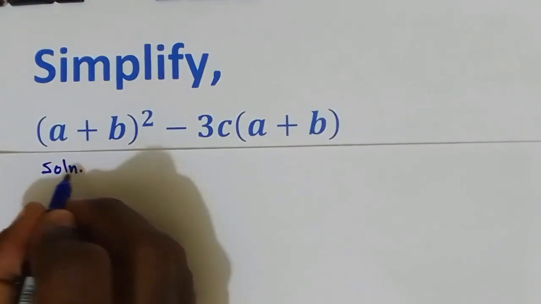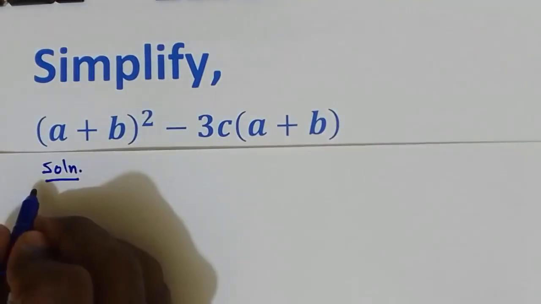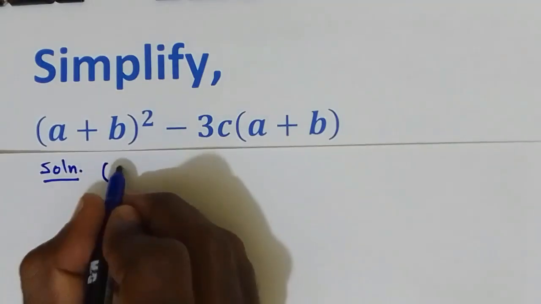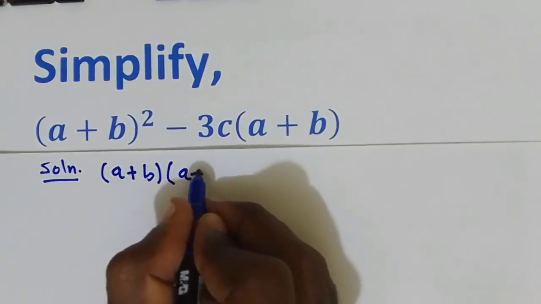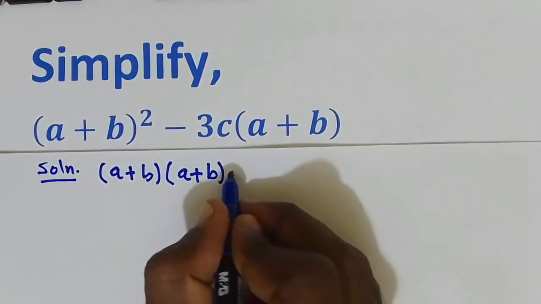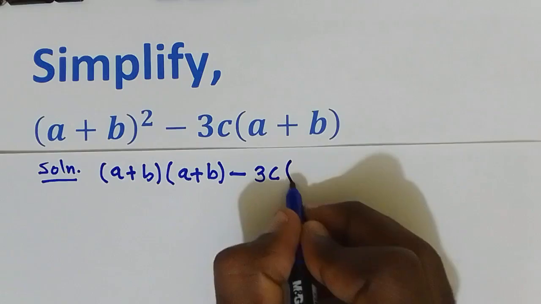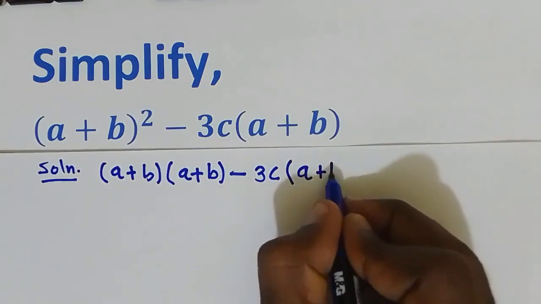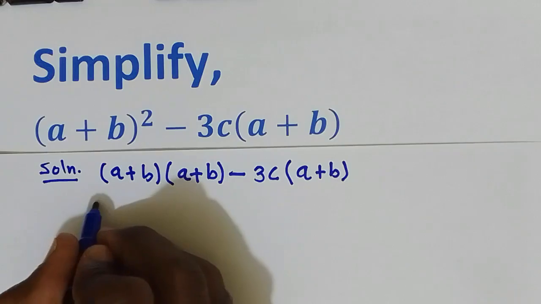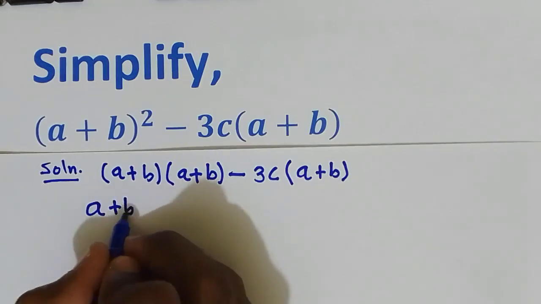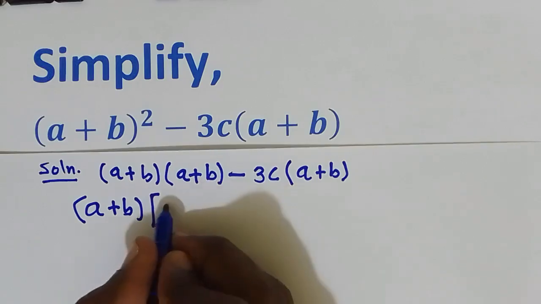Solution. We know (a + b)², this is the same as (a + b)(a + b) minus 3c(a + b). Let us factor out (a + b). So we factor out (a + b). We are going to remain with (a + b)